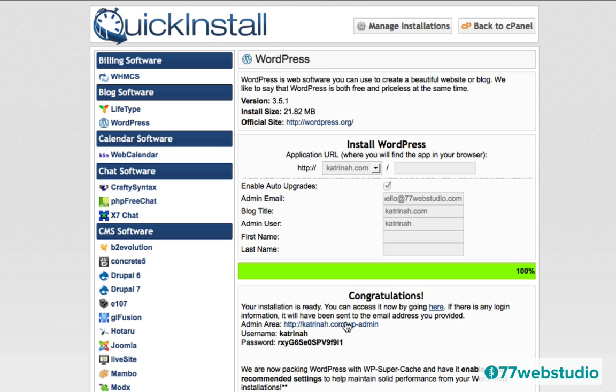It's usually your domain name followed by wp-admin. So that's an important link to remember as well, so that going forward you can easily log into your WordPress website. Also make a note of your username and password. This is what you will also need, of course, to log into your website when you click on this link. So I'm just going to highlight this temporary password here and copy it. And then I'm going to click on this link here to log into my new WordPress website.